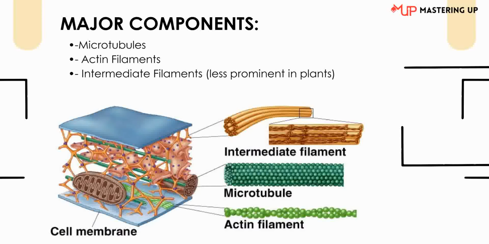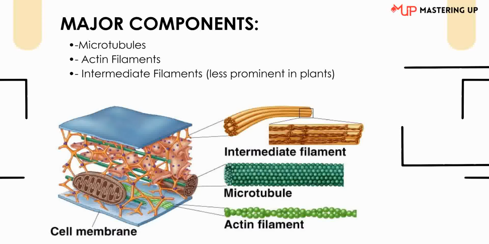Now that we have set the stage, let's dive into the cytoskeleton itself. The cytoskeleton is a highly dynamic network of protein filaments that exists throughout the cytoplasm of a plant cell. Think of it as the cell's internal scaffolding, providing structural support while also enabling movement, transport, and communication. In plant cells, the cytoskeleton plays a dual role. It not only gives cells shape and stability, but also coordinates essential processes like intracellular transport, cell wall organization, and